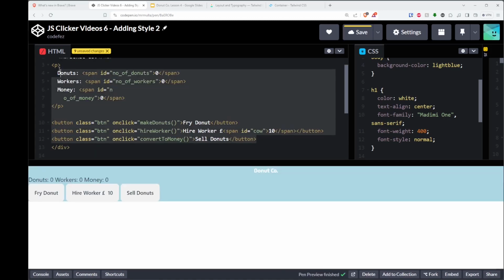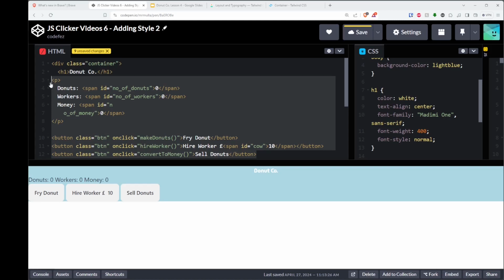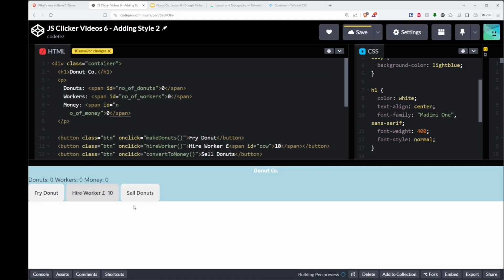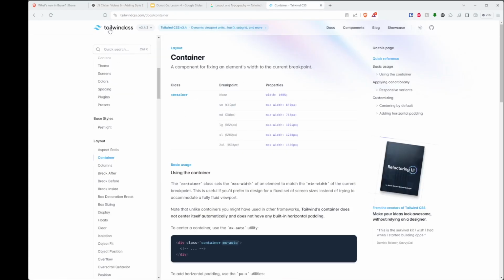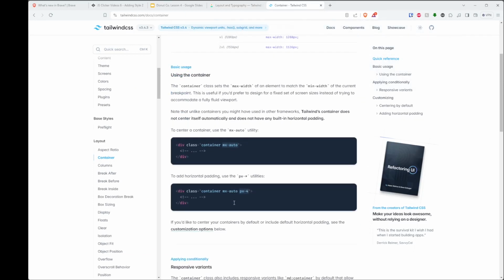Now, what I've done here is I've inserted all of my components into a container. This on its own doesn't seem to work, and sometimes I find that Codepen glitches a little bit. So if we go to Tailwind and we go to layout, sorry, in DaisyUI, it actually opens up the page from Tailwind CSS, and it gives us an idea here what we can do. It tells us about the container class that we can use, and it tells us about how it centers the container using the MX, or X standing for horizontal, and this adds a padding of